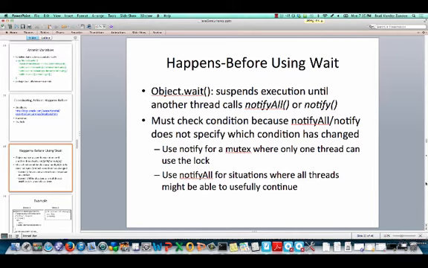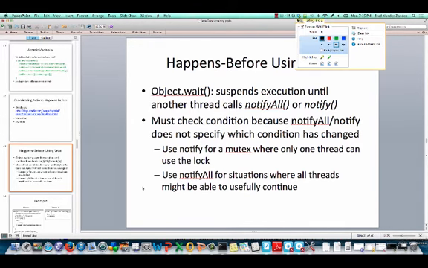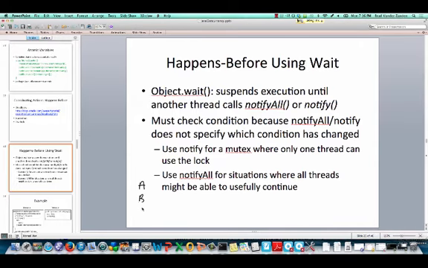So for example, let's say that we have threads A, B, and C all waiting on different conditions, and D perhaps changes the condition that allows B to proceed and then calls, let's say, notifyAll. Well, A and C should not proceed, only B should proceed at this point, so they all need to recheck